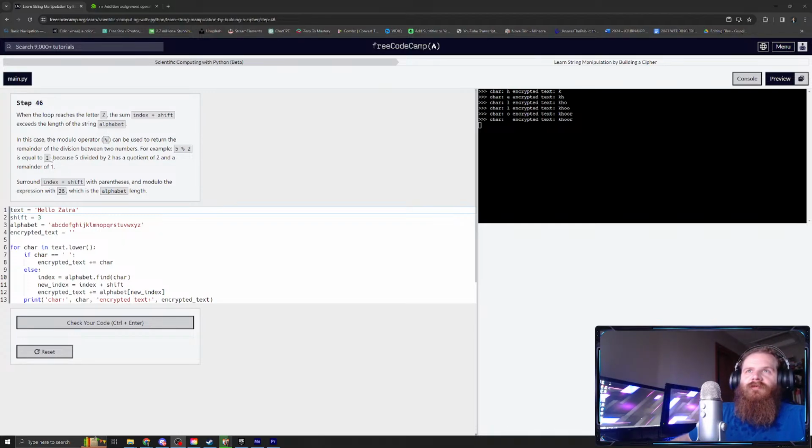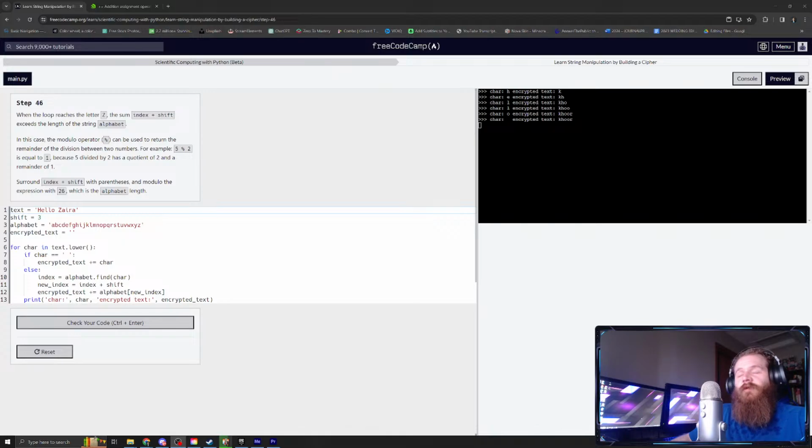In this case, something new here. In this case, the modulo operator percent can be used to return the remainder of the division